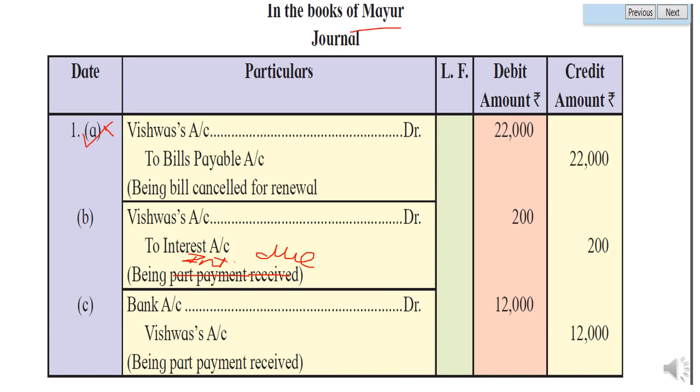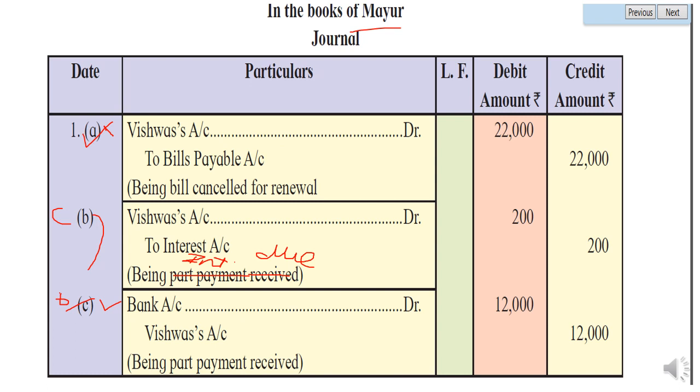And how will you calculate the balance amount? First you will do the part payment entry, student, because after the part payment, interest will be calculated on the balance amount. So this will be the B entry. On the number B you will write this entry, and on the number C you will write this entry, students. So please make sure while writing the notes. Okay, so here first this entry will be done.